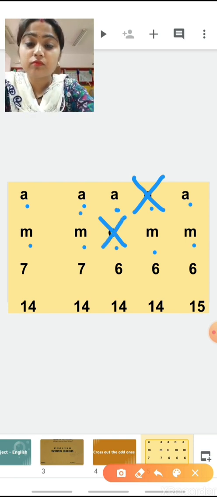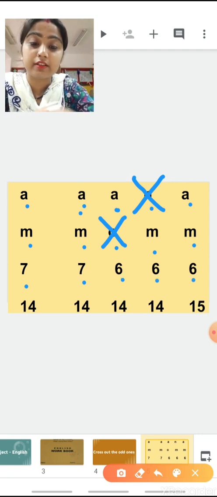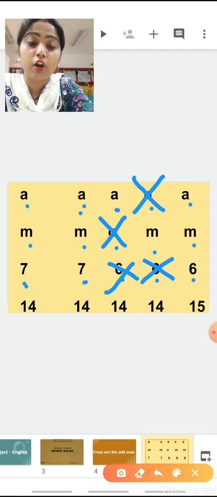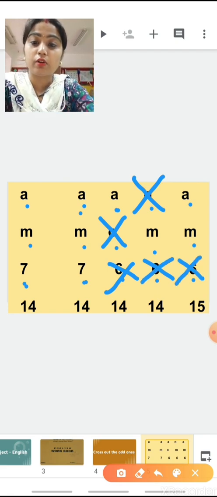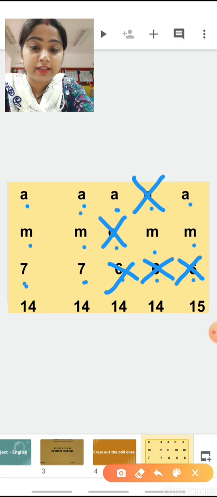Now next number is 7. And the numbers given are 7, 6, 6, 6. Now tell me which ones are odd? See, 7 is similar to 7. So 6 is odd. Our question was 7, so that's why we have not crossed out the 7, and 6 are the odd ones.